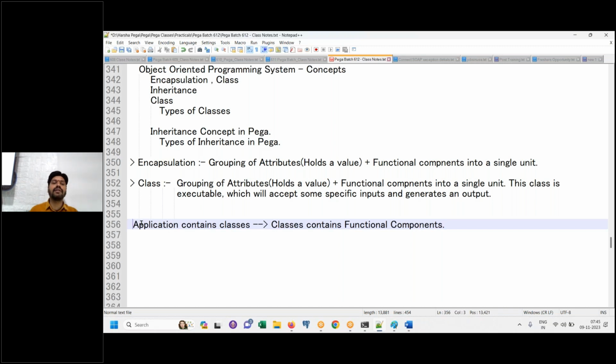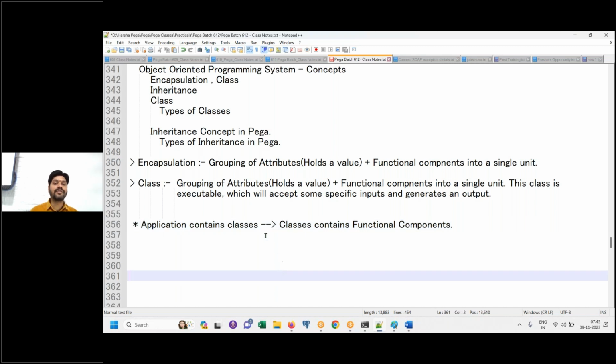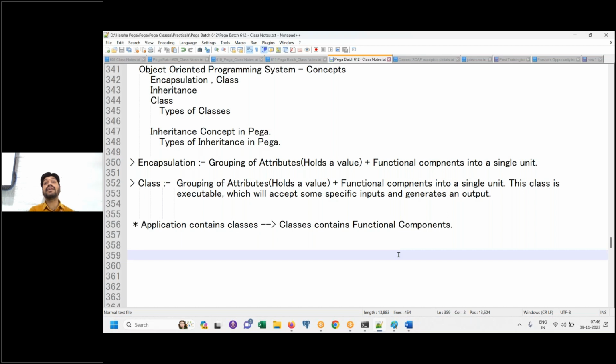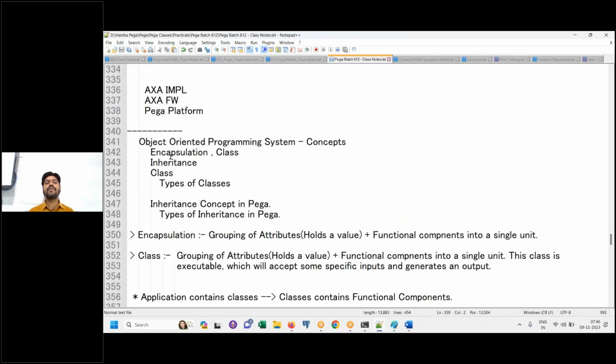That's what I told you on day one. On day one, I told you application contains functionalities because of this reason. At that time we did not know what a class is, so I did not mention anything about class. Today you are clear about class. Because Pega is built based on an object-oriented programming language, you must use all those concepts here. So after you create the application, the next task is to create a class. But actually Pega will automatically create the classes. You don't have to create them manually. Later we will learn how to create them manually also. No coding, nothing. So that is about class.